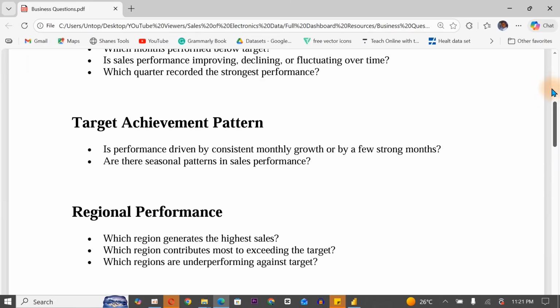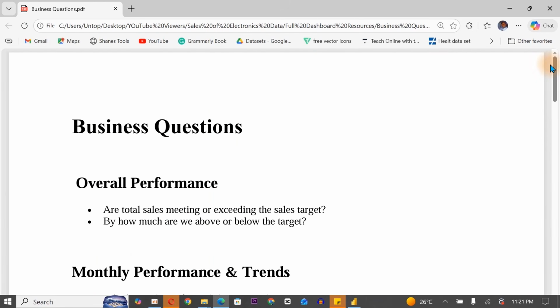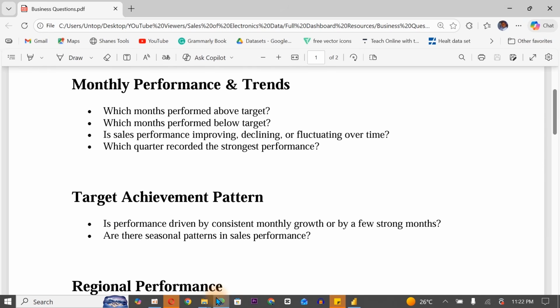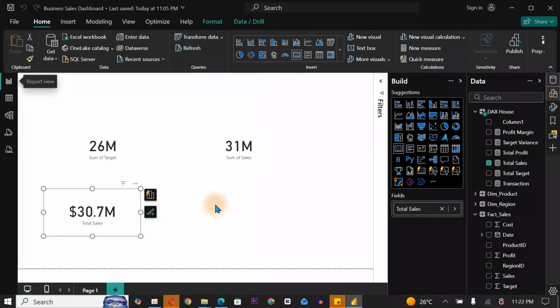For us to answer all of those questions right in here, let us start from the KPIs that are very important. And after we're done with everything, we're going to come back here to verify if we have done justice to those questions. Okay, getting back to Power BI,